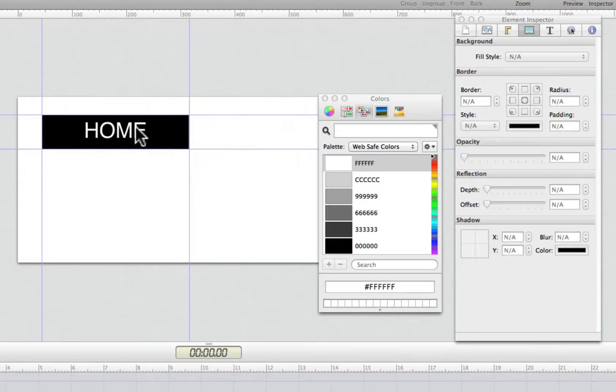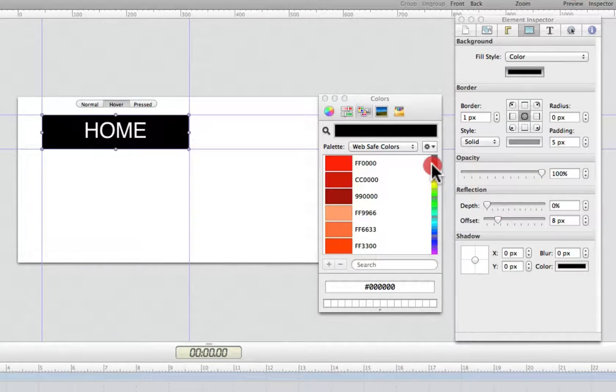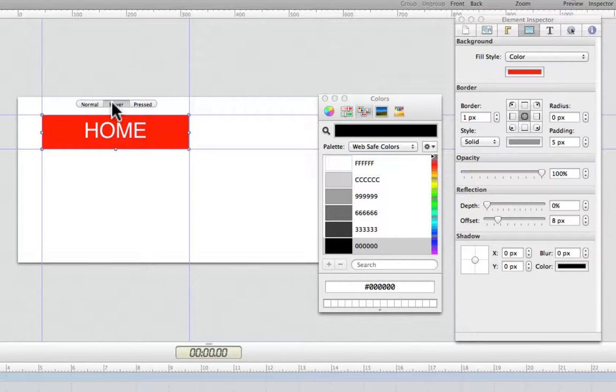So we've got a button and we need to create a rollover on it. If you see up at the top, when you've selected a button, it has normal, hover and pressed. It's on normal now. If we now click on hover, nothing changes, but we can now change the background. I've got the background selected there. I go to the Elements inspector, and at the top I click there to make sure I've selected the fill style, and I'll go down and change it to a red color. Now when I go back over here and click normal, it's got black, hover or mouse over, it's got red,